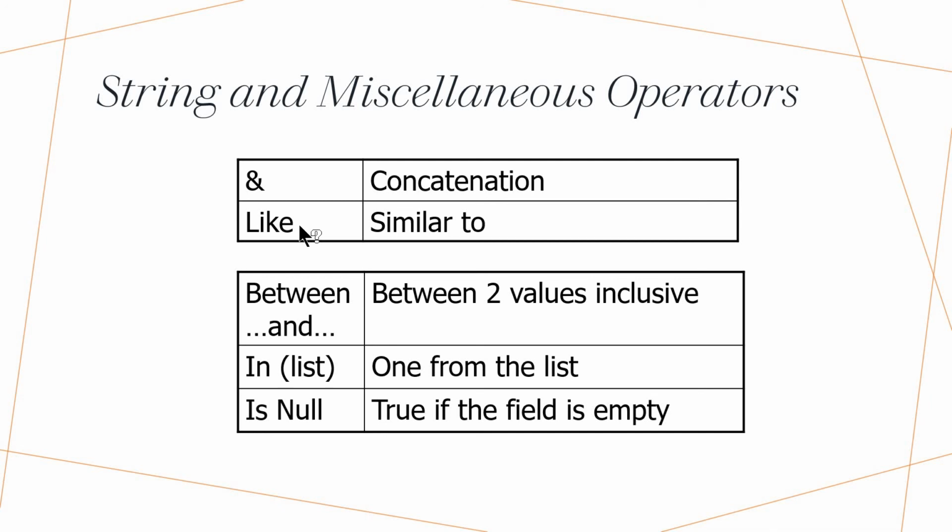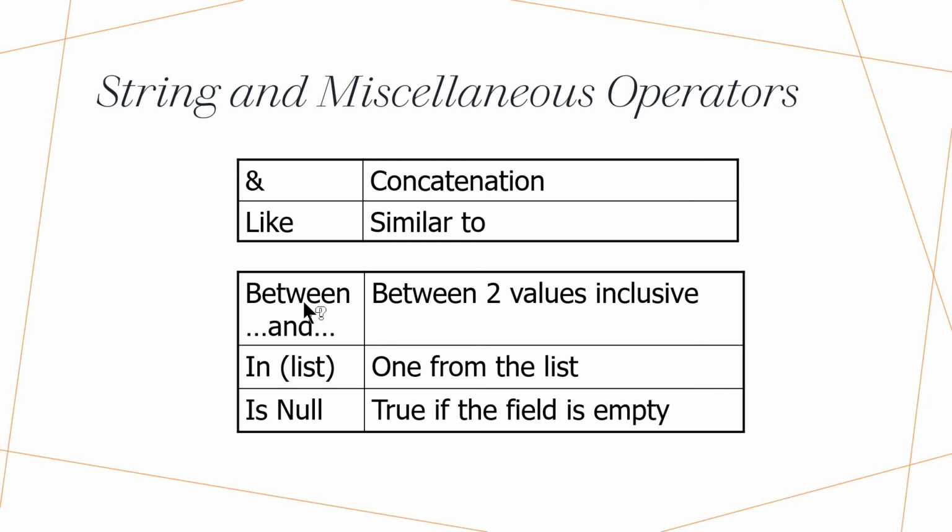Coming to the like operator, which is mainly used for pattern matching here. In case of the like operator, it matches the string values by using the question mark and asterisk operators. For example, suppose I have to display a student name where the student name starts with the letter A. In that case, the like operator can be used here.